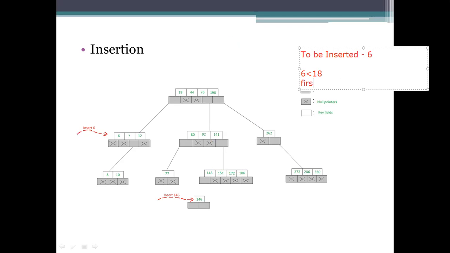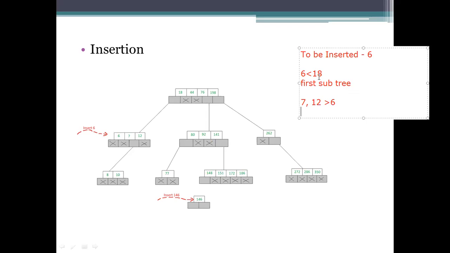So go for the left side of that one, which is the left subtree, or you may specify it as the first subtree. Okay, go for the first subtree. Next we have elements there. If you see the previous one, we have 7 and 12, which are greater than 6.